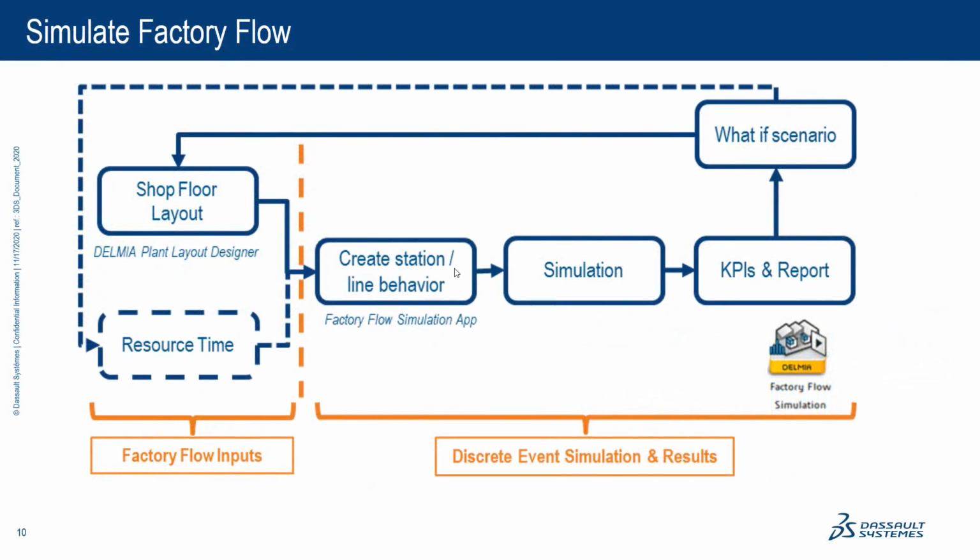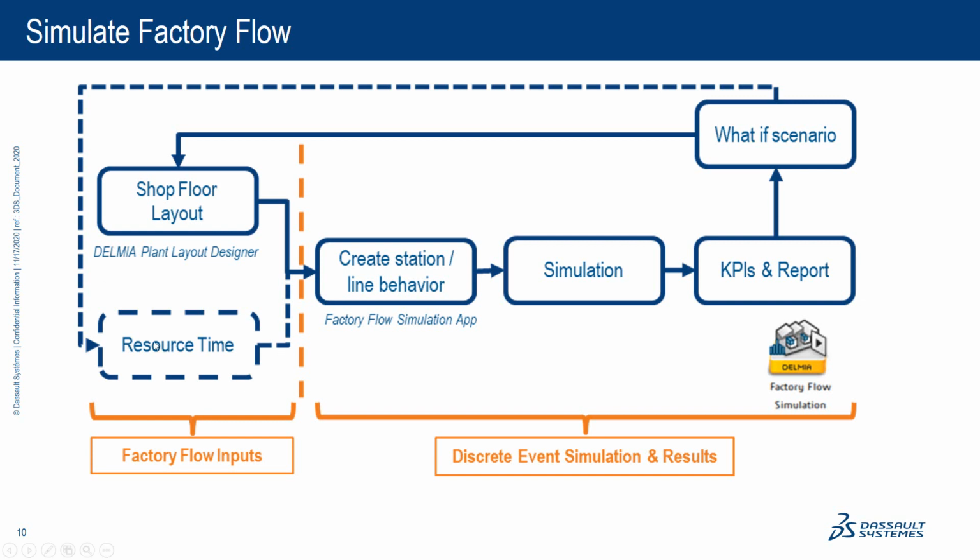So this slide, very simple, but it's a summary of whatever needs to be done to run this factory flow simulation. On the left side, you have two components: the shop floor layout. So it's basically your assets, your shop floor. What do you have on the shop floor? So conveyors, operators, storage, robots, machines, assembly stations, and so on. That will be the first step, and I will show you what strategies we can have to develop a shop floor layout.